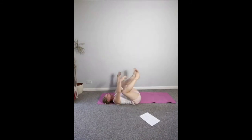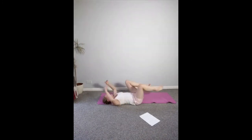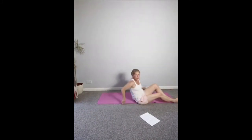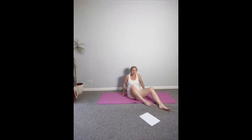And then gently release. Hug the knees in again, and then extend the arms and legs away in opposite directions. Just give that body a really lovely stretch from the tips of the fingers down to the tips of the toes. Just breathing. And then just bring yourselves up to sitting. However you are comfortable, just bring yourselves into a comfortable sitting position, cross-legged if that works for you, and reach